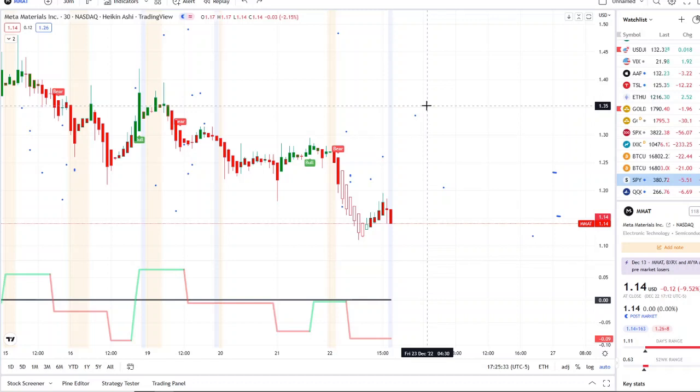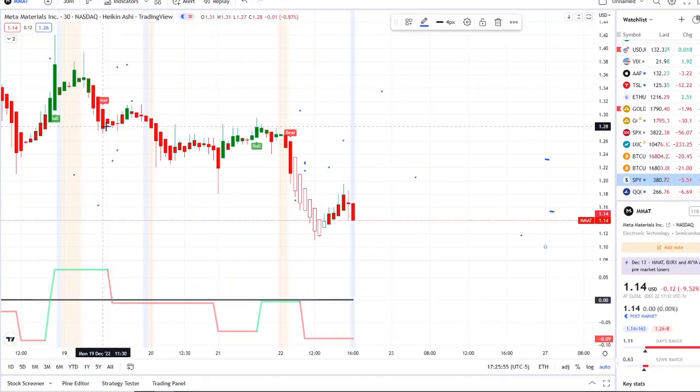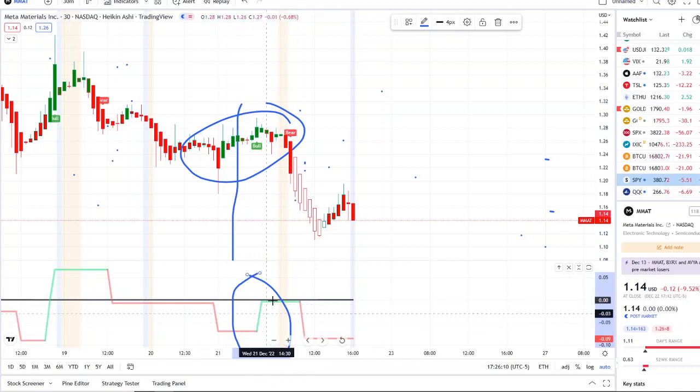So here we are with MMAT at 114, and I'm going to share with you guys what it is I would watch. The first thing is we're under a bear indicator here since 126, and the outflows have been dominating not just today, but back here since December 19th when that other bear indicator popped up at 131 and the outflows crossed, guys. It's been dominating here on the 30-minute chart since then. This bull indicator was very weak. Right there you could see it. The outflows were below the midpoint, and then that bull indicator was not as strong.